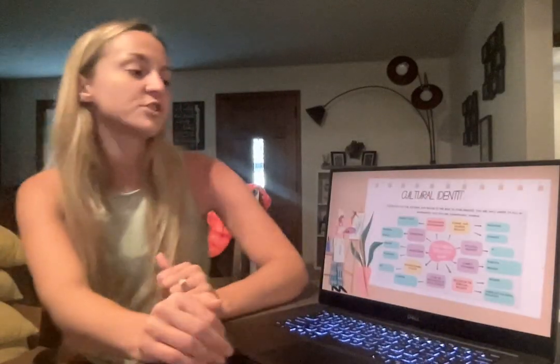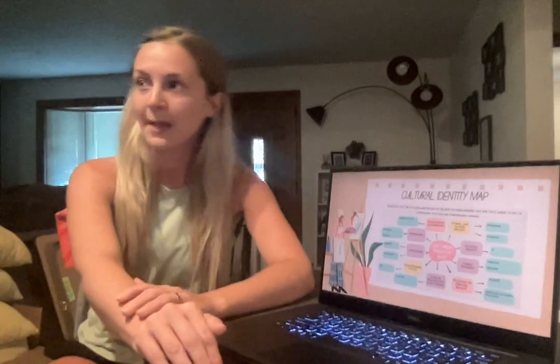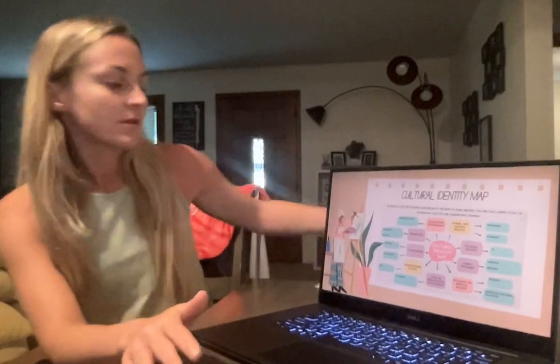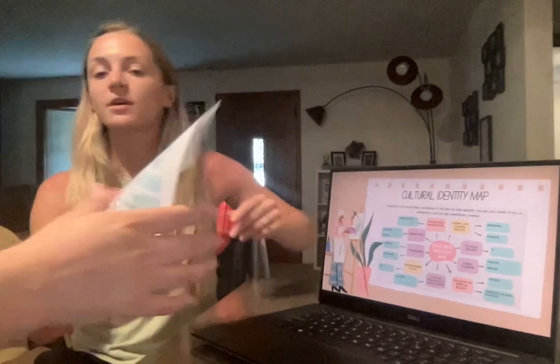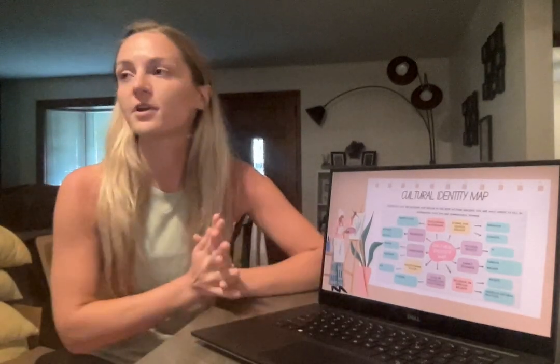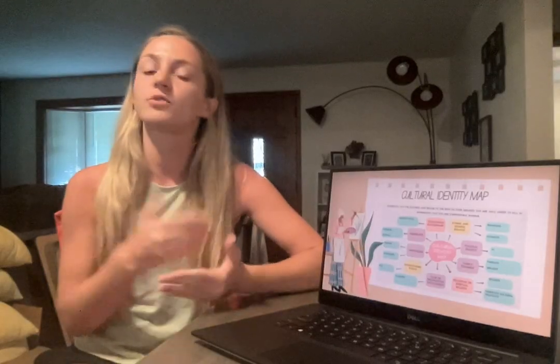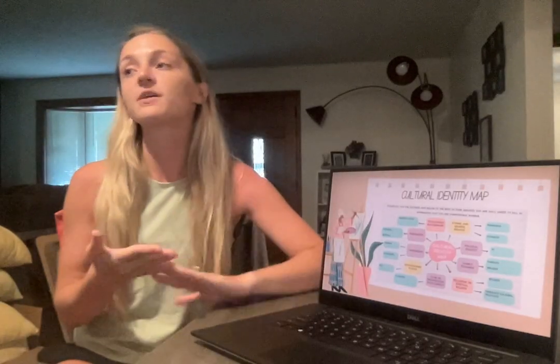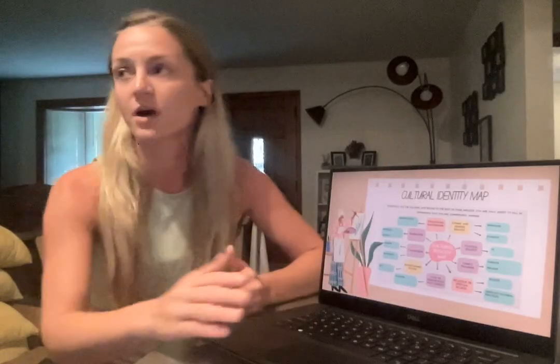All right, any questions before we move on to our cultural identity map? No questions. Beautiful. So this is our cultural identity map. I'm going to hand you this copy here. Your copy has a blank spot, the little pink blob there that says preferred name. If you want to right now, you can go ahead and put your preferred name in there, but that is what your supervisor would be calling you on feedback forms or within supervisory conversations.